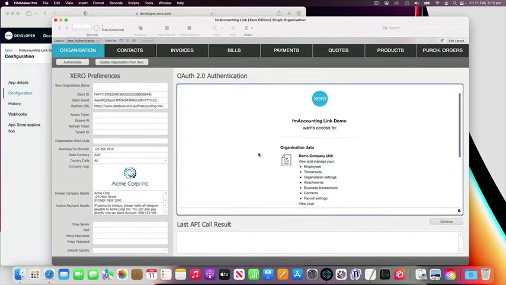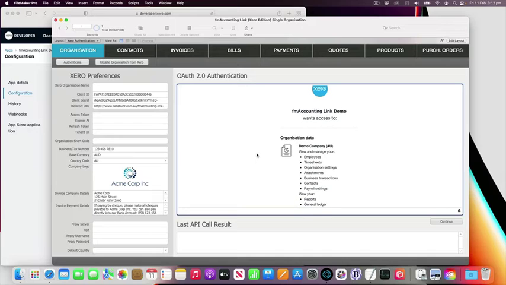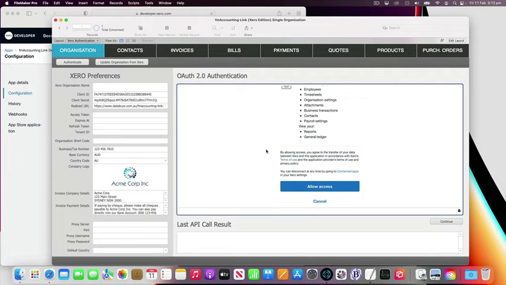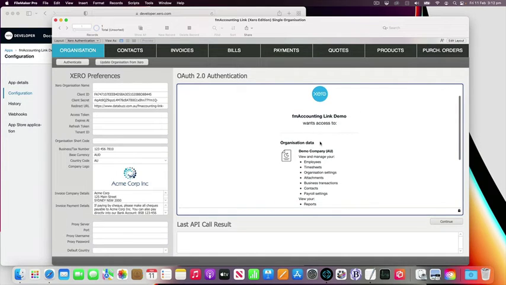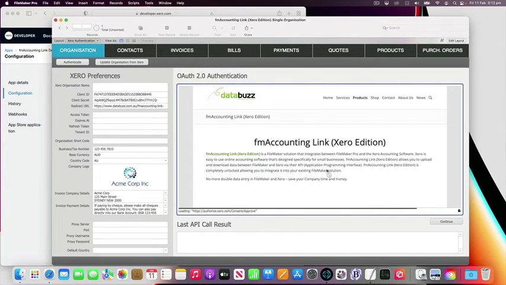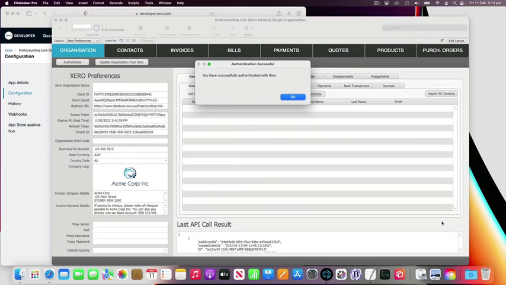Okay, now if you just have one organization, in this case I've just got the demo company that I'm using here, you will just get prompted to allow access. If you have multiple companies, you get a little pop-up menu here and you can choose which organization to approve access to. So I'm just going to allow access, and if that all works, it's going to take me back to my redirect URI, which in my example was the FM accounting link website. And once that's happened, you just need to click the continue button,